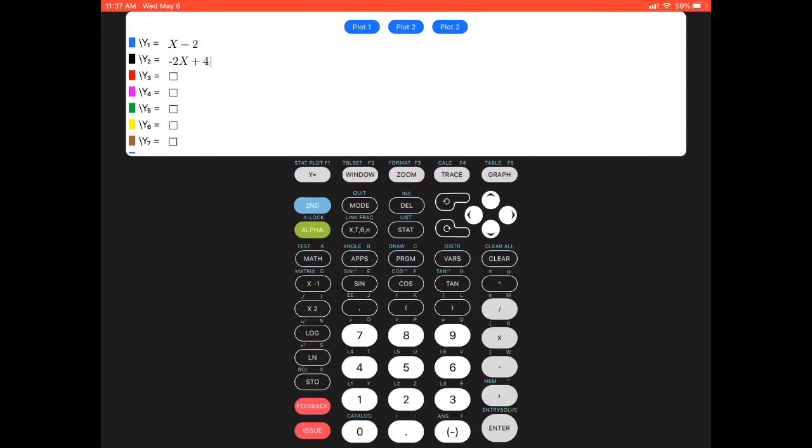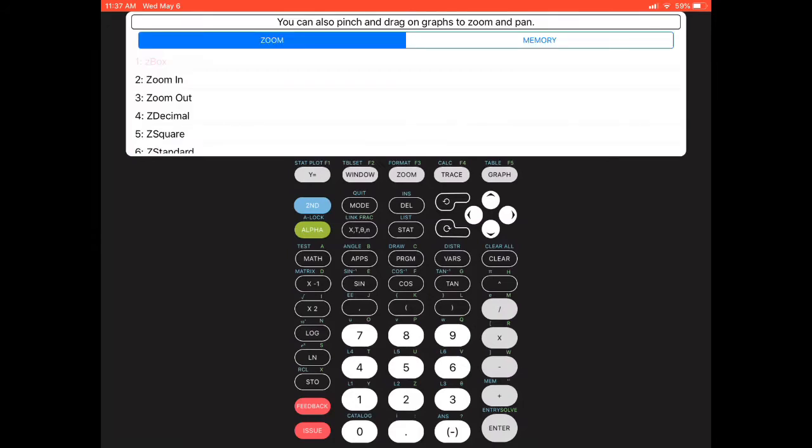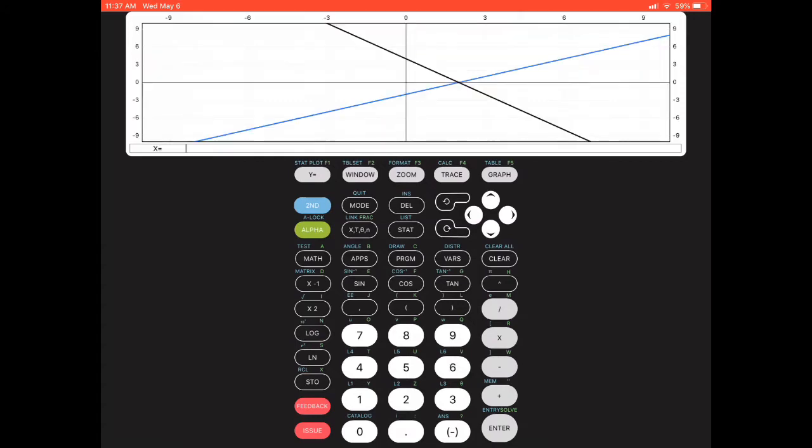And then what I can do is hit graph, and you might have to hit zoom and then choose standard. So zoom and choose number 6, the standard one, before you hit graph, and you can see the two lines intersect. Now you can't, on this calculator, see exactly where they intersect, so I know it's something between 0